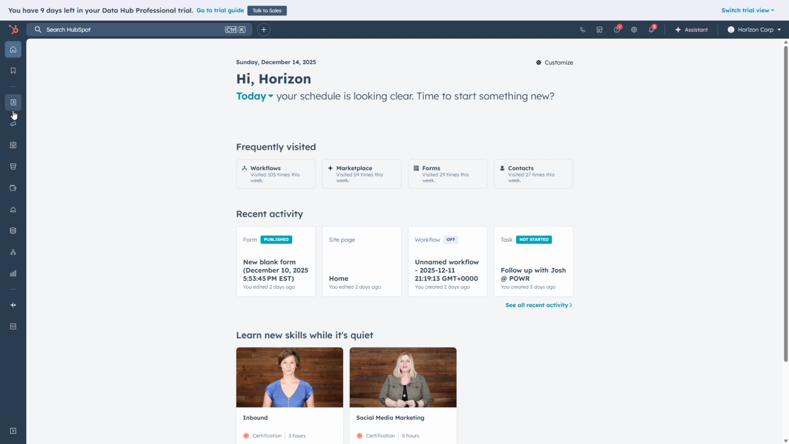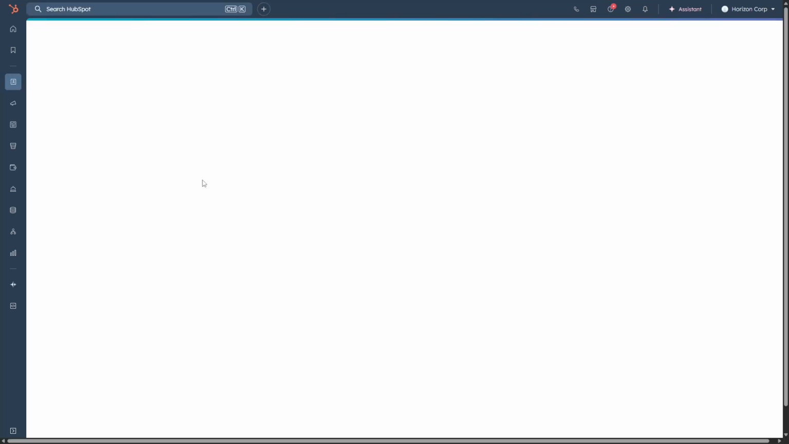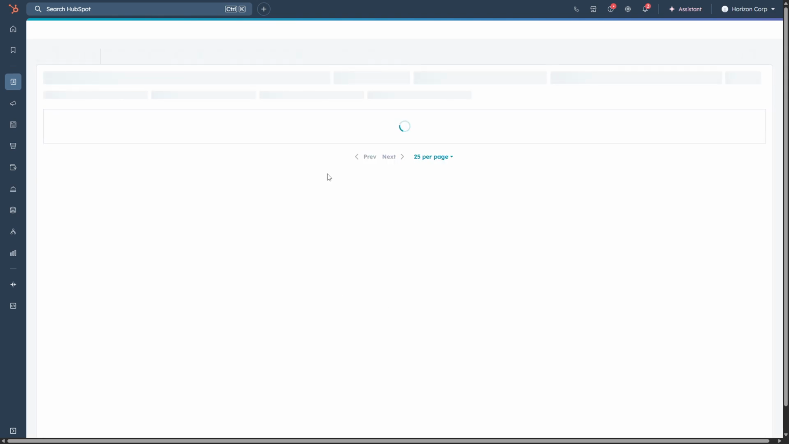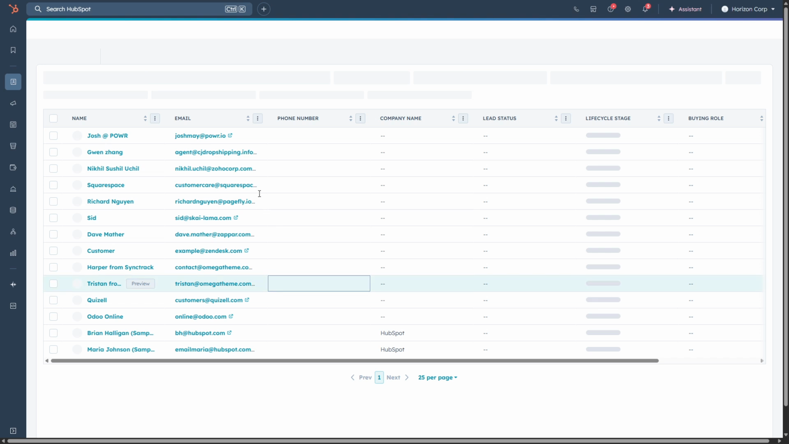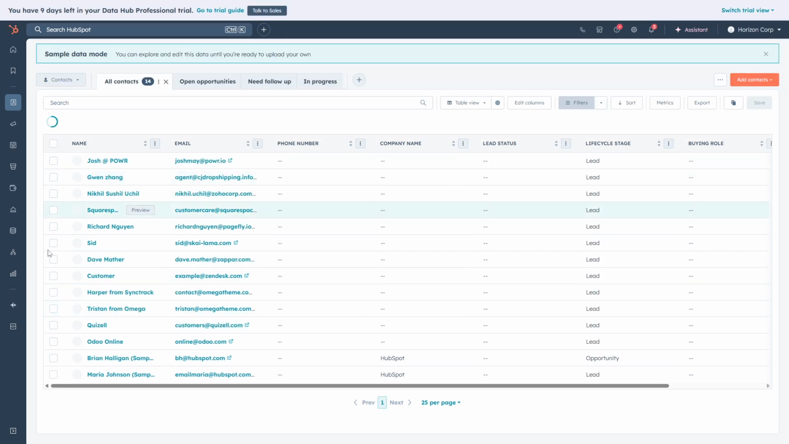Once you're on the Contacts page, look for the View drop-down near the top of the table. It might say something like All Contacts by default. Use that drop-down to choose the specific list or filter you want to export. Picking the right view ensures you only pull the contacts you need, whether that's a saved list, a filtered segment,